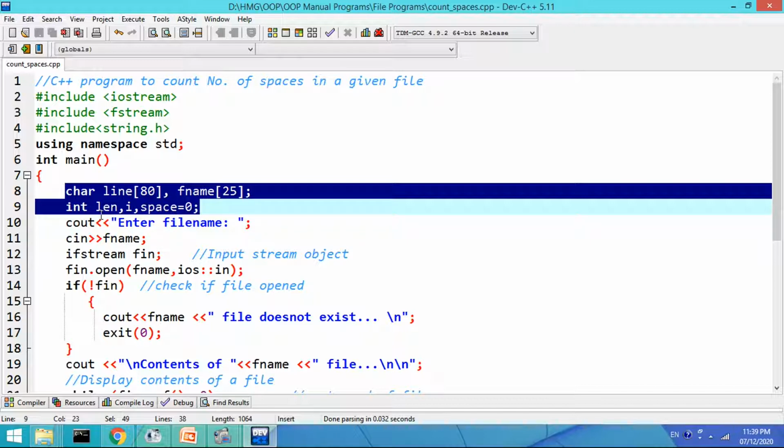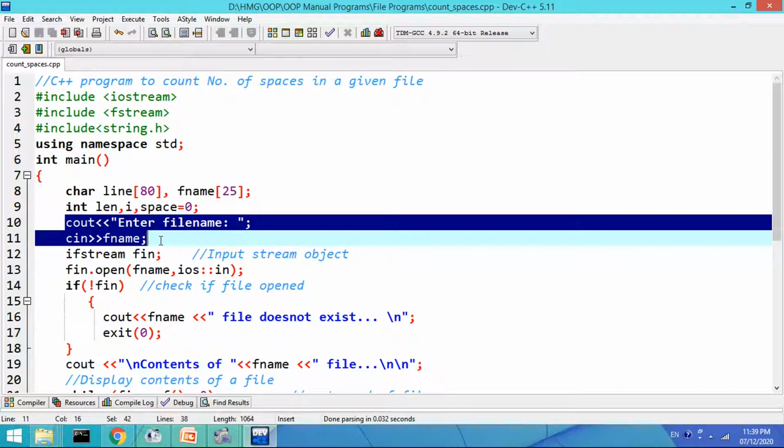len is the integer type of variable which is required to find the length, and i is required for setting the for loop, and space is initialized to 0, that is counting number of spaces. Initially the spaces are assumed as 0. Now let us accept the file name from user using cin fname.